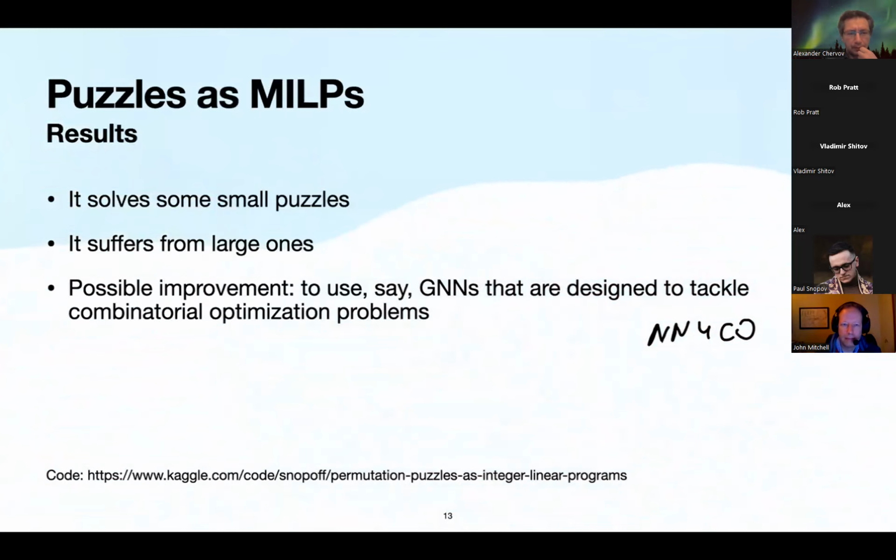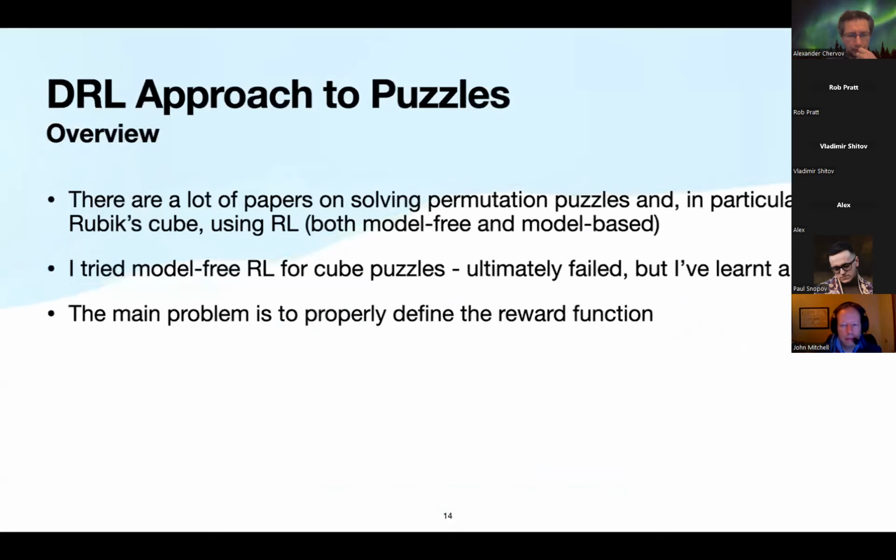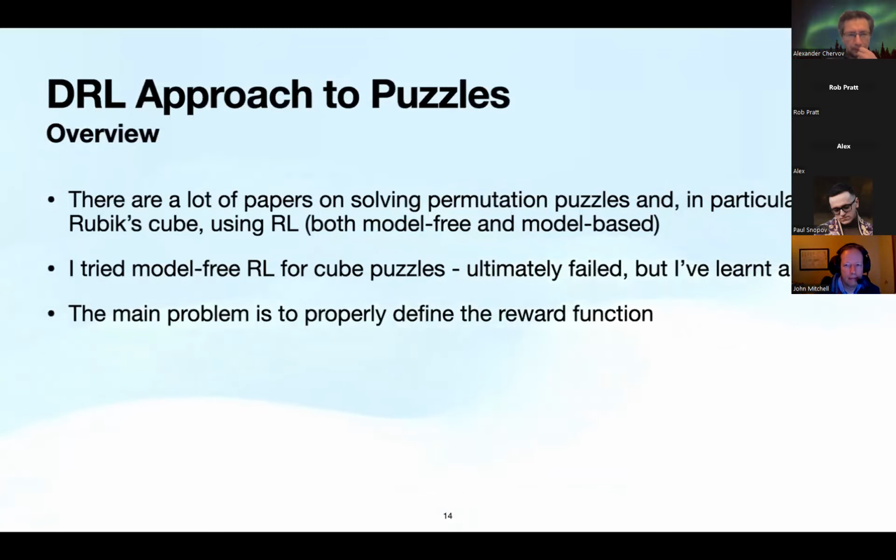The next one is about reinforcement learning. I didn't have a lot of attempts at it, so I have very little to say about that. But as I suppose everyone knows, there are a lot of papers on that. I forgot their names, but there were some famous ones.